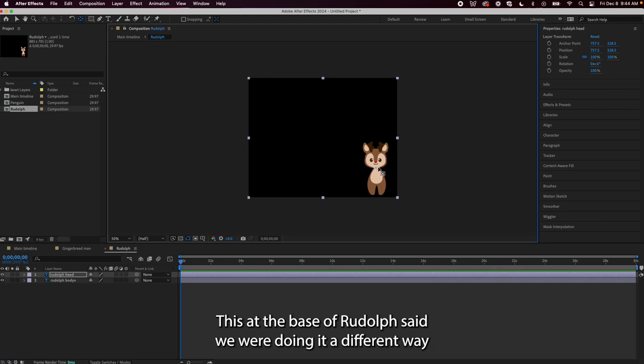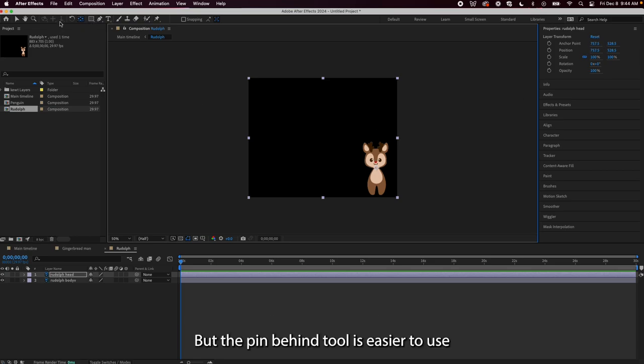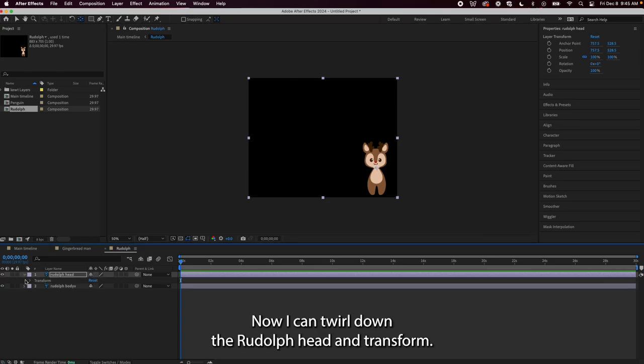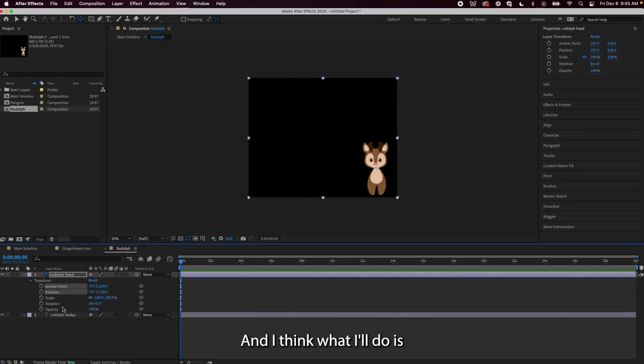We were doing it a different way before. We were moving the anchor point over here, but the pan behind tool is easier to use. And I had my own reasons for showing you this before and this after. Now I can twirl down the Rudolph head and transform,